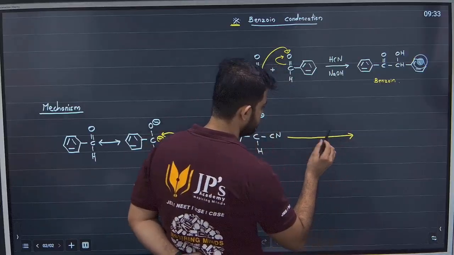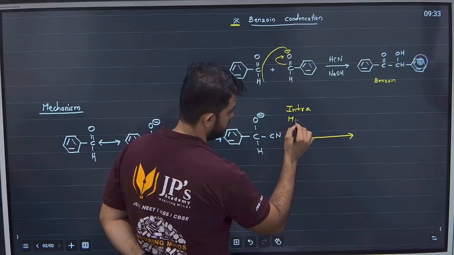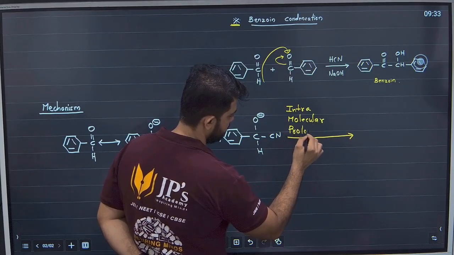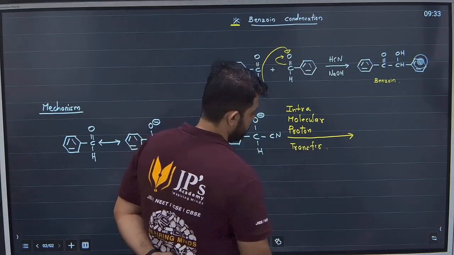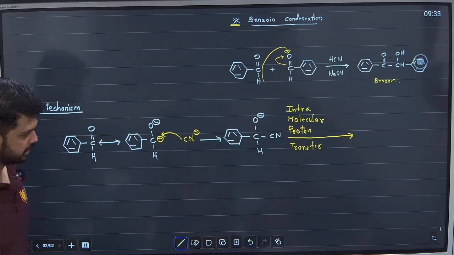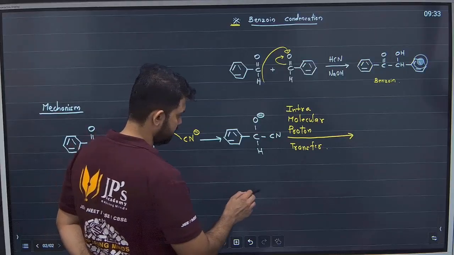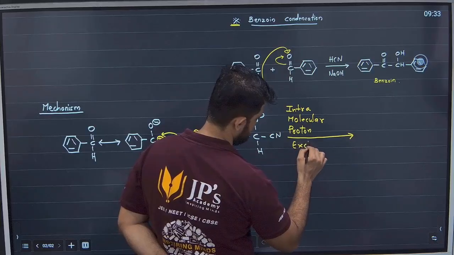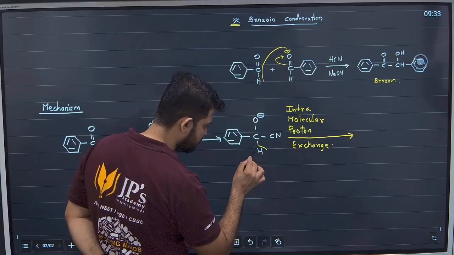The next step is called intramolecular proton transfer, IMPT. Okay, you can also say intramolecular proton exchange. Instead of transfer, I would say proton exchange. So when I say proton exchange, this will come out in the form of H and this H plus